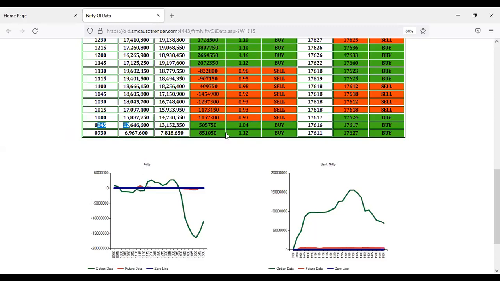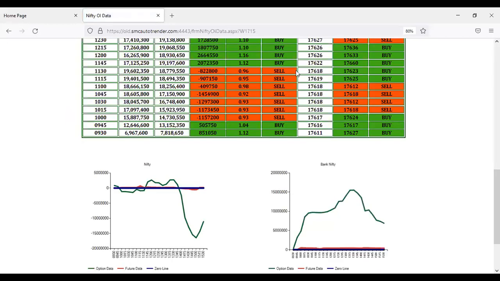At 9:45, it slips to 1.04. Why does it slip? Because at 9:30, put writing was on a higher side than call writing. But eventually the gap narrowed. And at 10 o'clock, it slipped below 1. Why is it below 1? Because you see 15.88 divided by,